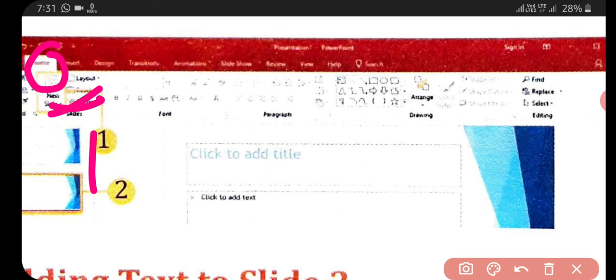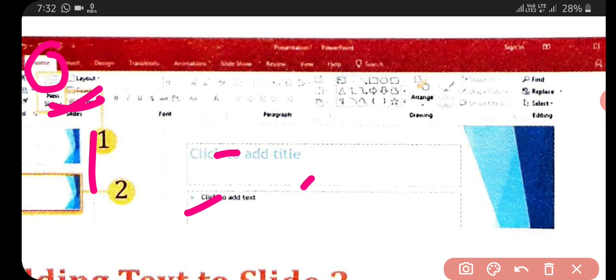So click on the title text placeholder box and type your text, then click on the subtitle text placeholder box and type your text, and a bullet appears beside your text. When you press the Enter key, a new bullet appears in the next line. So complete your remaining text as you did in the earlier steps.